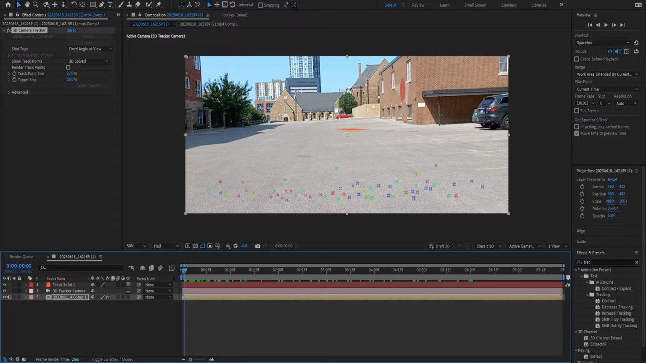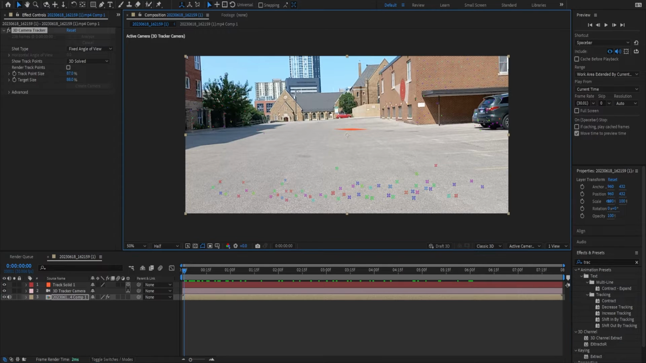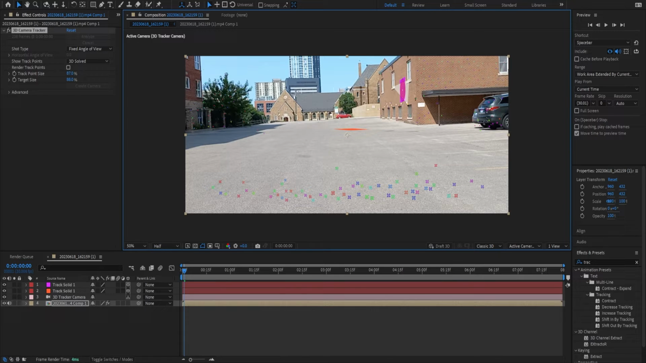So the next one I'm going to put right here on this wall. I'm going to right click, and this time we're just going to hit create solid, okay? So we have the camera data, we have the solid data, and this is all you have to do. And now we're good to go to jump into Blender, but leave After Effects open because we do